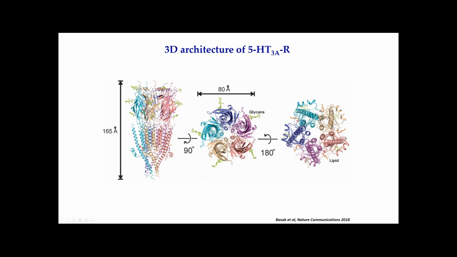This is the 3D model building off from the reconstruction. What we see here in green is glycan density. Serotonin 3 receptors have 3 sets of glycans per subunit. We're able to resolve a bit of each of these glycans. In the transmembrane domain, we resolve a couple of lipid molecules that were bound and came through the extraction process, and